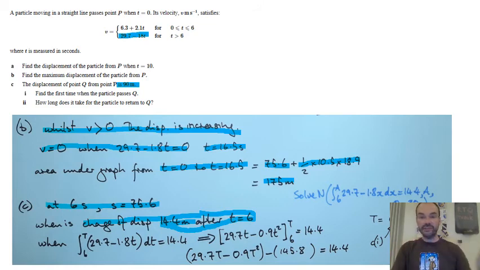Now remember, at 16.5 seconds, the particle came to a stop and then started coming back again. So if it had passed 90 meters, carried on, stopped, and come back again, it's going to come past 90 meters twice. So in this case, you could do it working with trapezia, but notice the height of the trapezium and the width of the trapezium both depend on t. So in this case, it's pretty easy to do an integration. When is the integral in the second time interval from 6 upwards equal to 14.4? If you integrate 29.7 take 1.8t, you get that. If you use these two limits, you get this